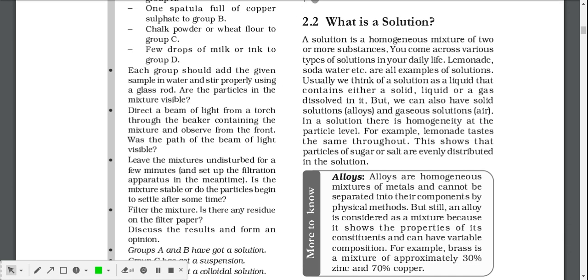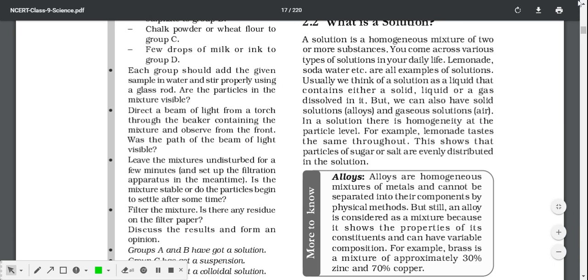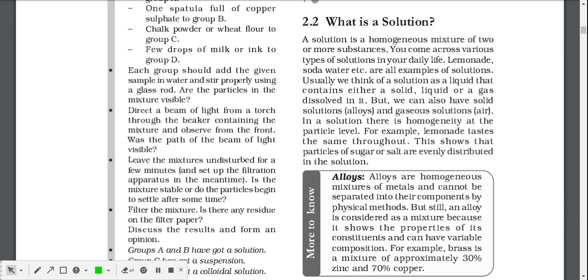So you can come across various types of solutions in our daily life. Lemonade, soda water, etc. are all examples of solutions. Usually we think of a solution as a liquid that contains either a solid, liquid or gas. So we think a solution is basically liquid only. No, it's not like that. It can be solid, it can be liquid, it can be a gas, right? So a gas can also be a homogeneous mixture, and a solid can also be homogeneous, like we talk about